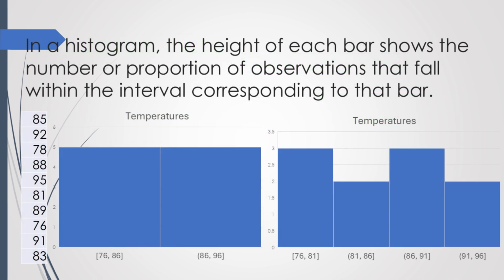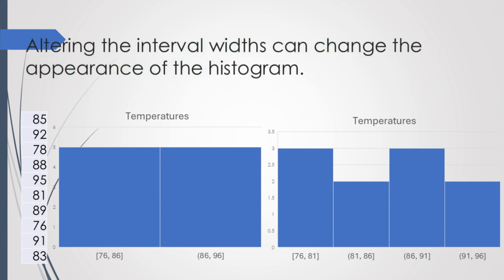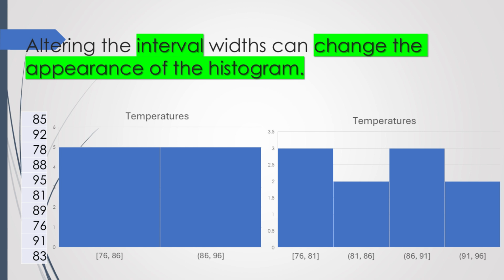The next thing you need to know is that in a histogram, the height of each bar shows the number or proportion of observations that fall within the interval corresponding to that bar. The histograms at the bottom have the number and proportions of each of the possible values in a given interval. The next thing you need to know is that altering the interval widths can change the appearance of the histogram. As you can see, the histogram to the right has shorter intervals than the histogram to the left, and the